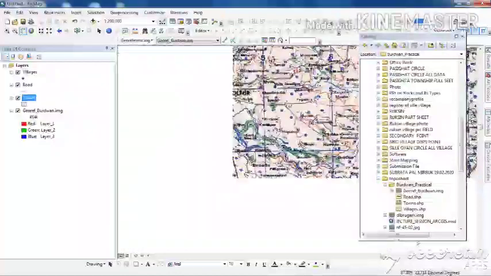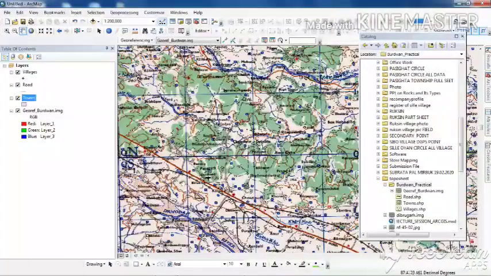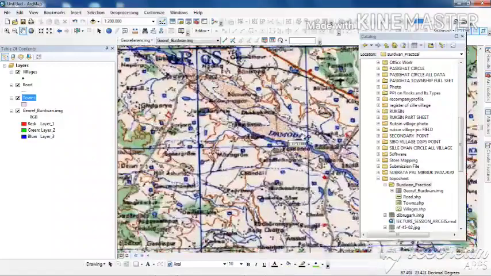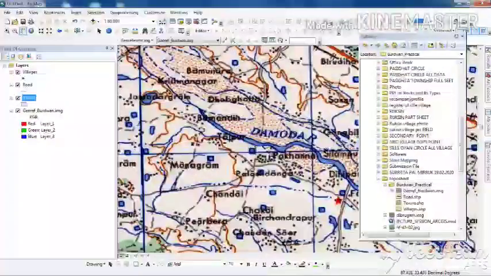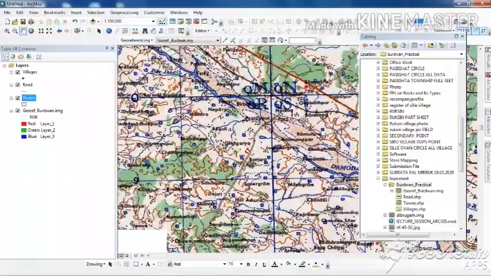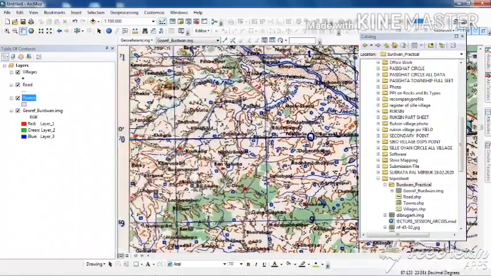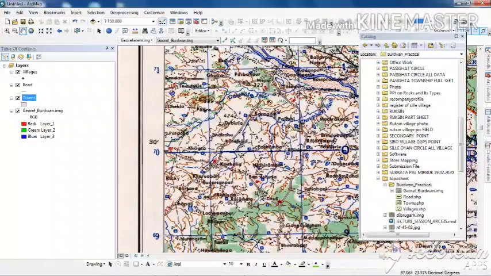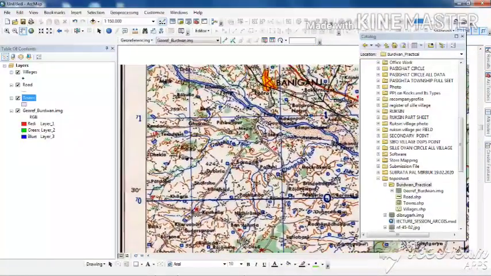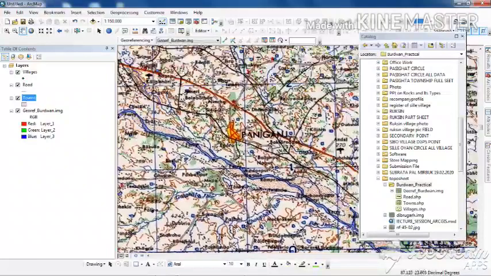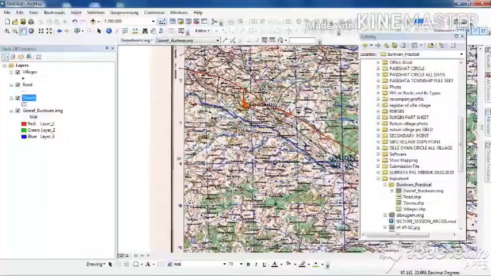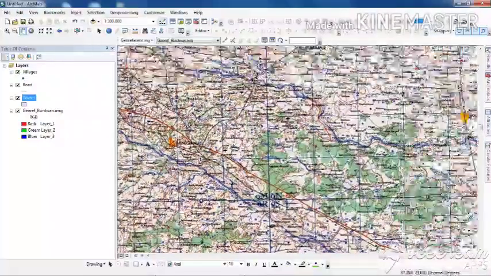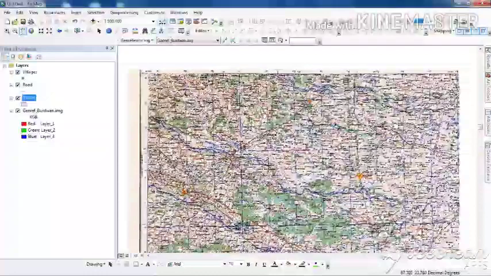After that, the other important features like these sandbars, you can see the Damodar river. The sandbars along the Damodar, that you will have to digitize in polygon. Okay, and while digitizing, be precise. Please maintain the proper shape. So this is the Raniganj town. So anyway, after the preparation in this way, please digitize the respective point, line and polygon features as I am telling you, so that the map looks nice whenever we will be preparing the map layout.